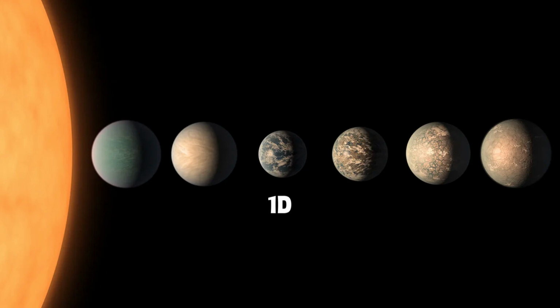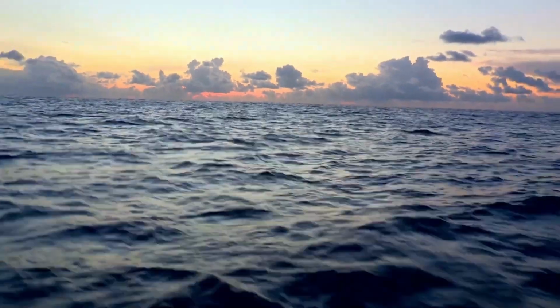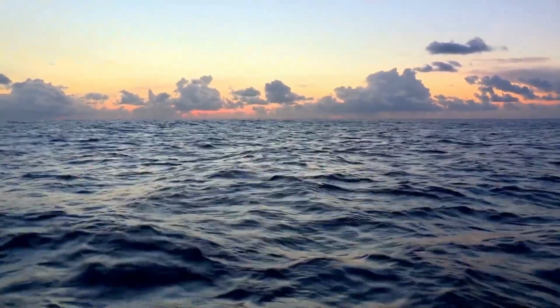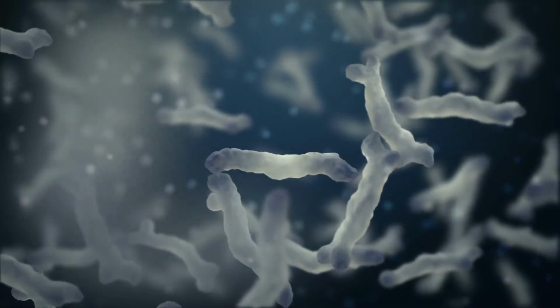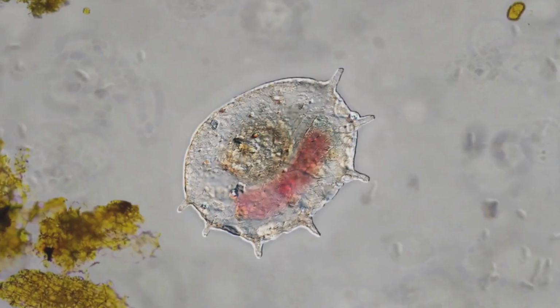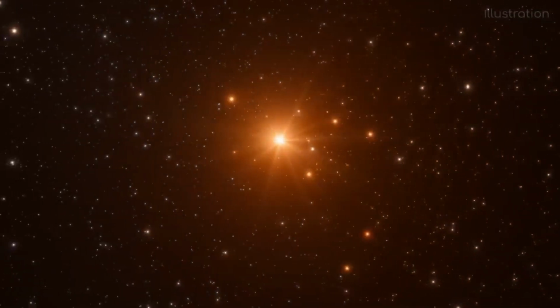Scientists say on the first 2 planets there's no way life exists, but on planet 1d there is a chance, because it's a planet that has oceans. And you know what that means? When there's water on a planet, there's always a chance for life to exist, just like how life began on planet Earth. But let's go see the next planet,